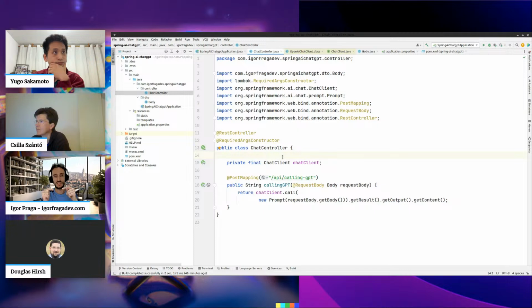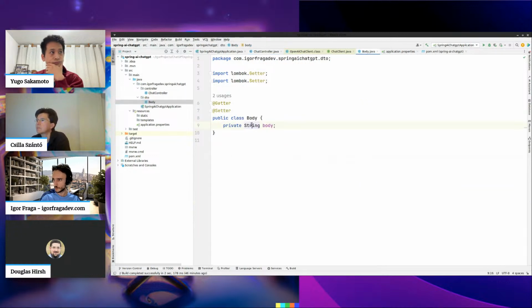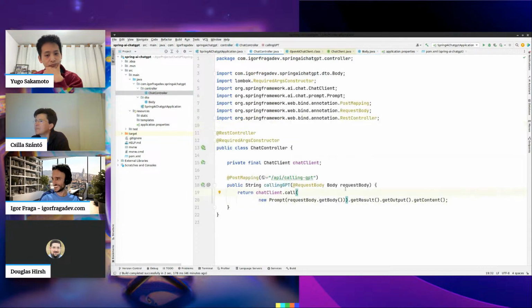And each item comes in a different message, and that's a mess. With these kinds of implementations, this does not happen. You just do it all in the Java code, and it's much cleaner. You receive your body. This body here is just a very dummy DTO, a class called body, and a controller class here.